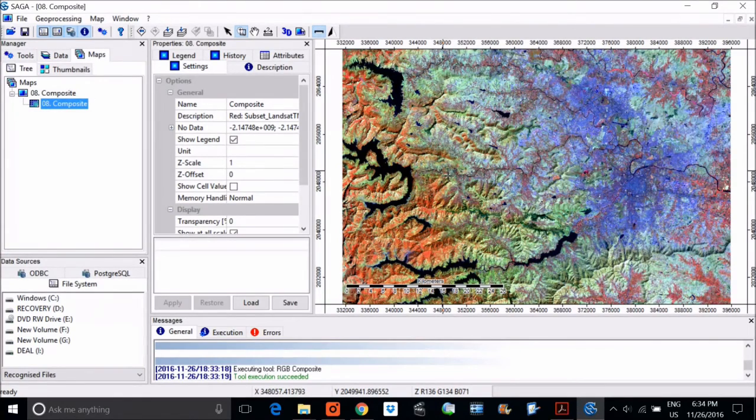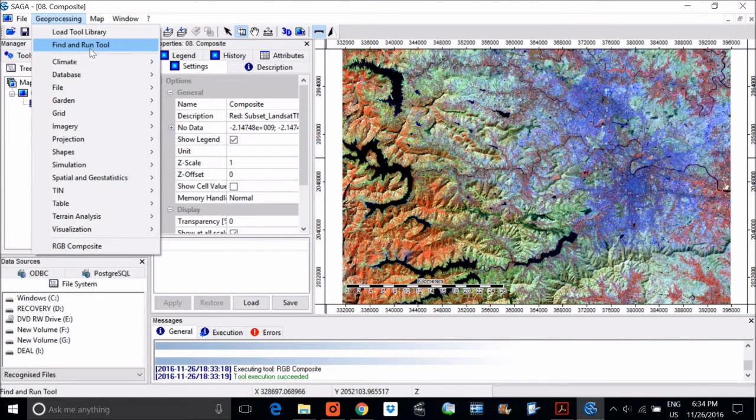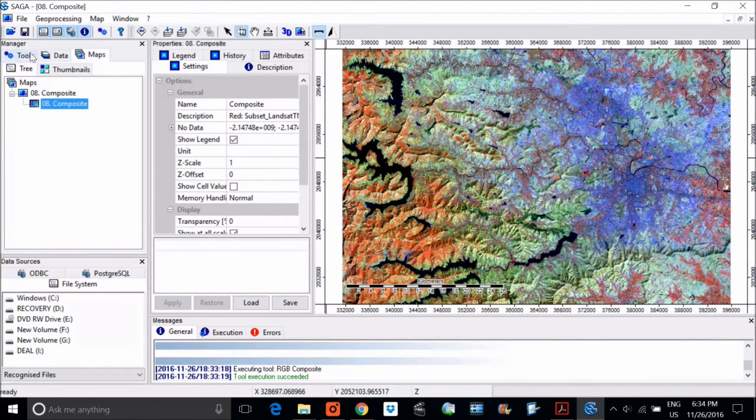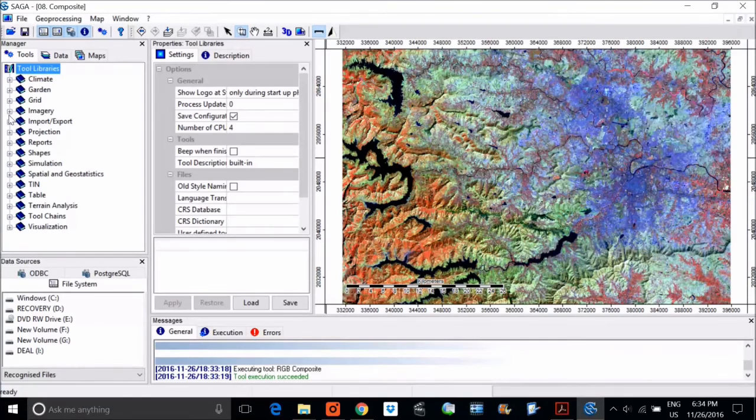So we'll have to collect the samples. Sample collection is done using shapefiles. You can create a shapefile layer using Create New Shapefile Layer. You can just type it here and go to Create New Shapefile Layer. But you can also find it through the menu. Where can we find it? Say we'll go to Shapes, and then Polygons.